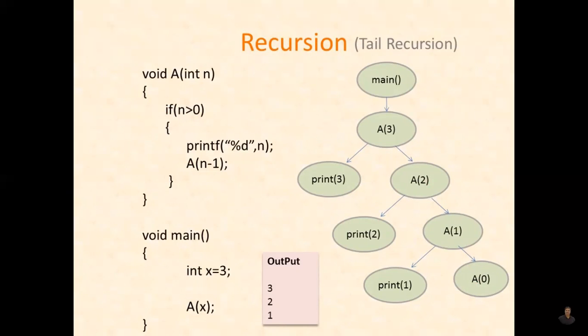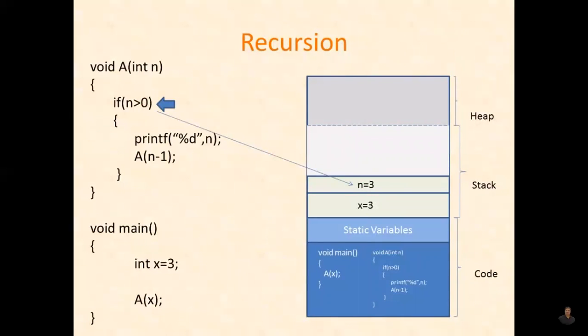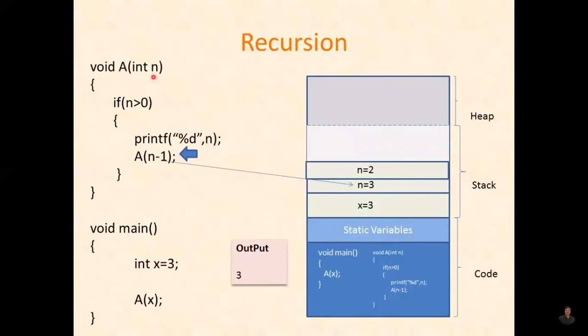Let us see how this will run. Code is loaded in the main memory. Activation record for main. A is called, its activation record is created. Condition checked. Value 3 printed. It will call itself again. When it is calling again, a new record is created. Now the same function will start again from the beginning, and this time it will be accessing this activation record. This remains as it is inside the main memory because it has not yet terminated. It is calling itself again.